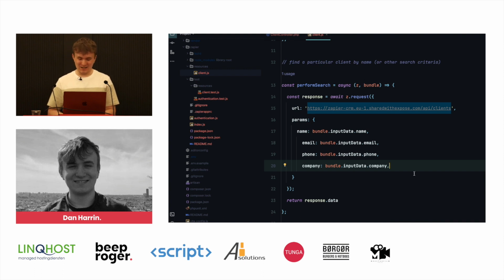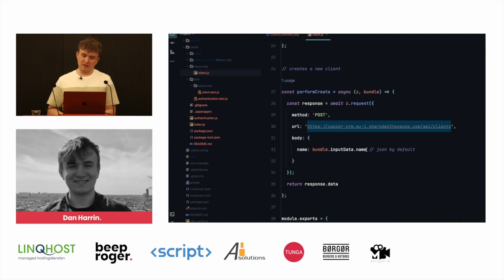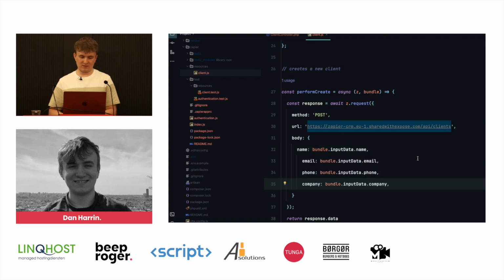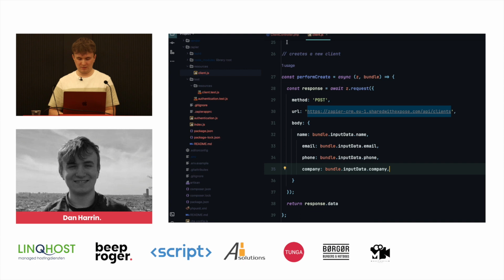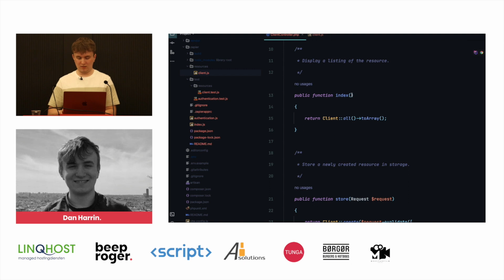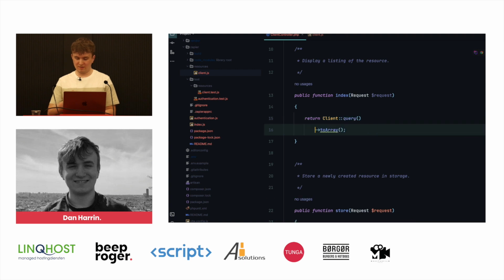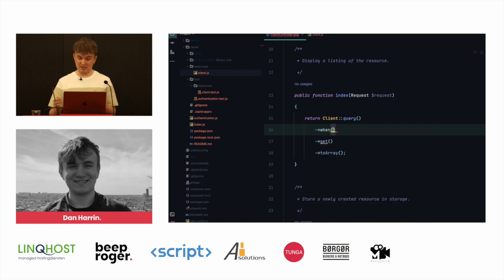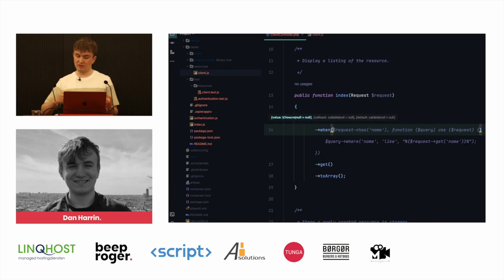So that's done. And we can actually pass this also to the create. So this is actually going to come from Zapier and be sent to the same create post route here. Let's make sure that our app can actually handle these requests very simply in our index method. So instead of calling all clients, we're just going to create a new client query, and then we're going to get the clients. And we can use Laravel's when method to easily check if a request is passing a particular value and then do something to the query if that happens. So let's inject the request here.